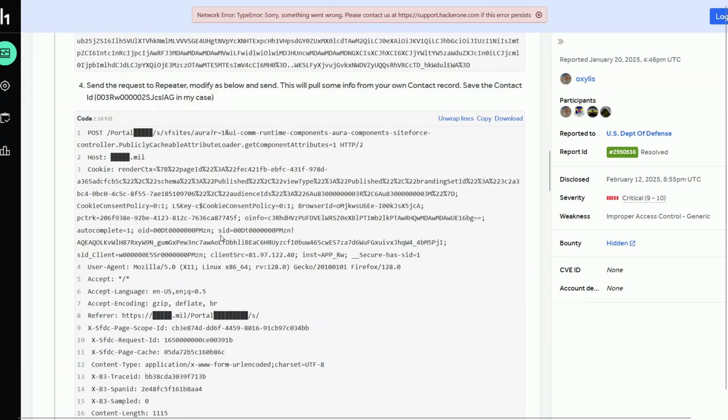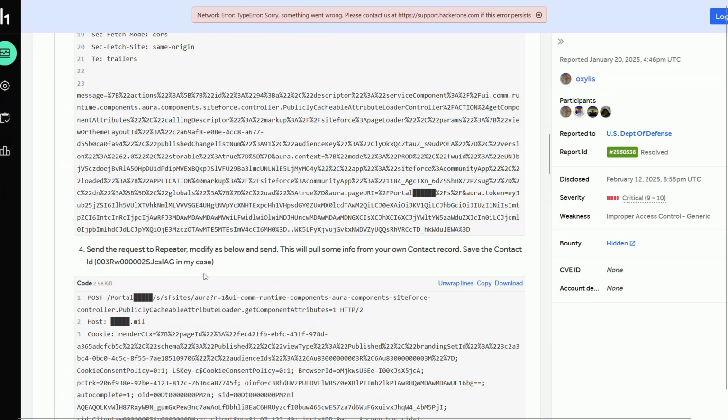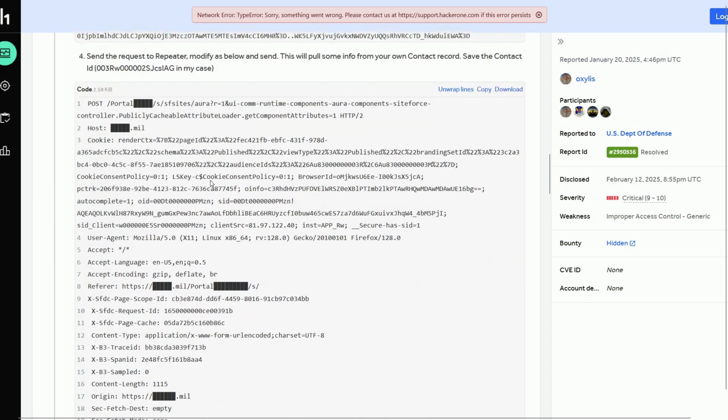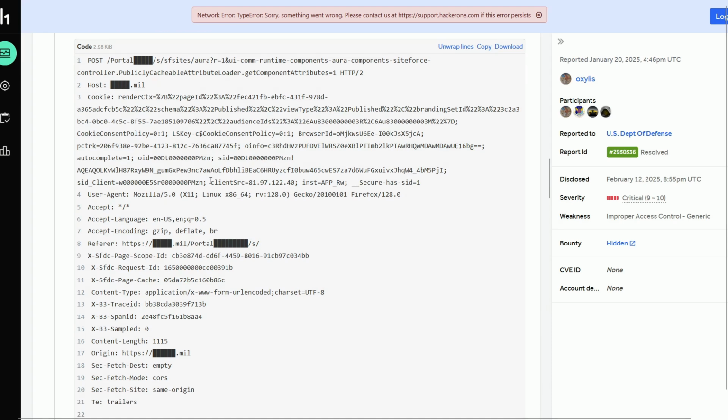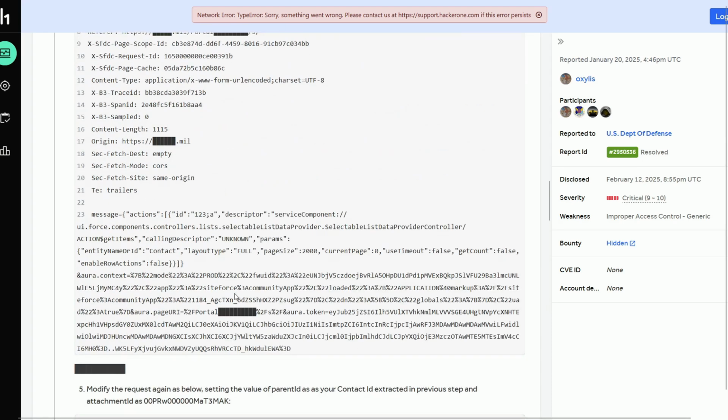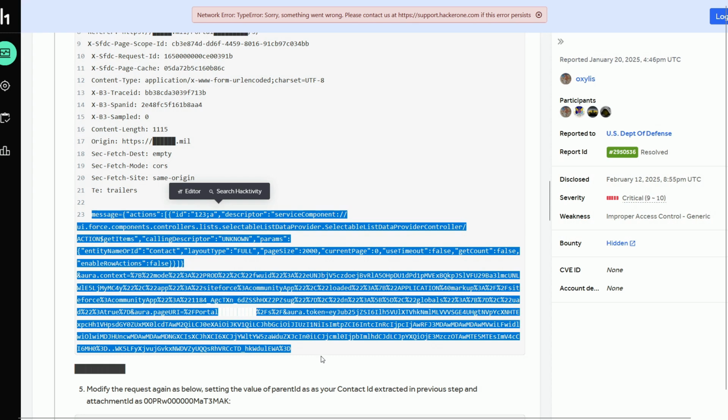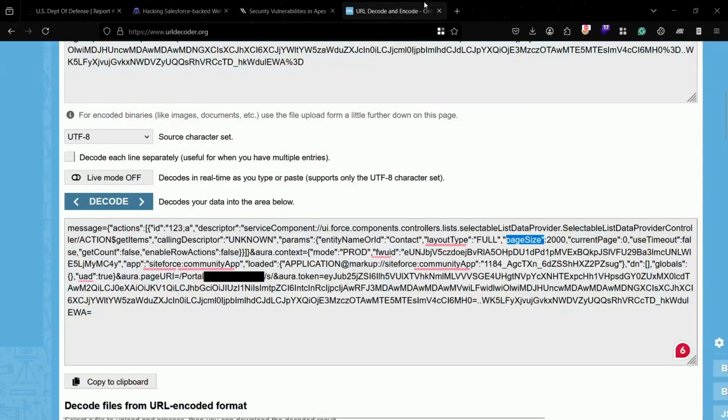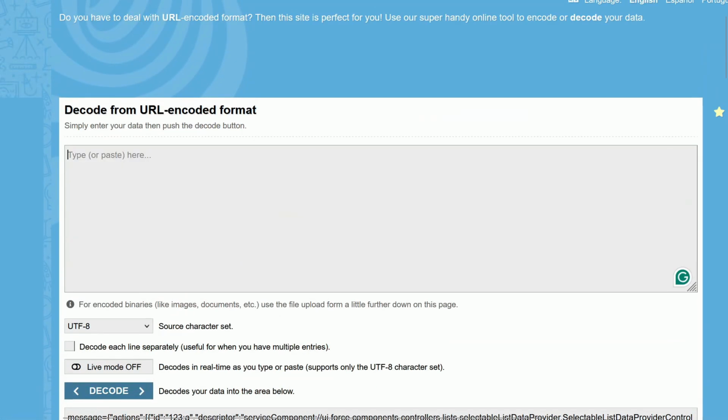Going back, the hacker says that if you send this particular request, it will give you your own contact record. And that contact record will contain a particular ID. In the case of this hacker, the ID is this. So assuming we got this ID, we can move on to the next step. Let's copy this body message, decode,